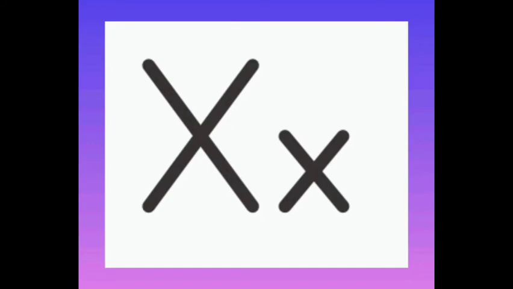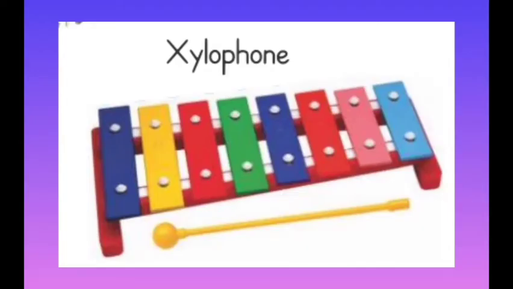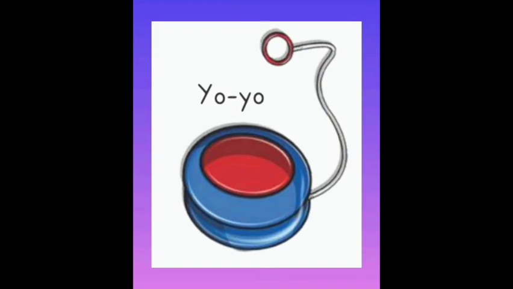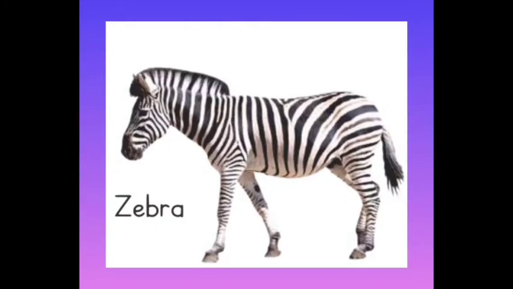Alphabet X. X says Z. X says X. X for xylophone. Alphabet Y. Y says Y. Y for yo-yo. Alphabet Z. Z says Z. Z for zebra. Kids, after revising in order alphabet A to Z, let us write in order alphabet A to